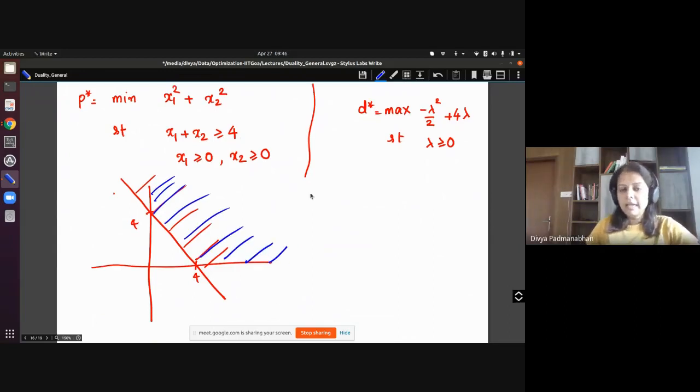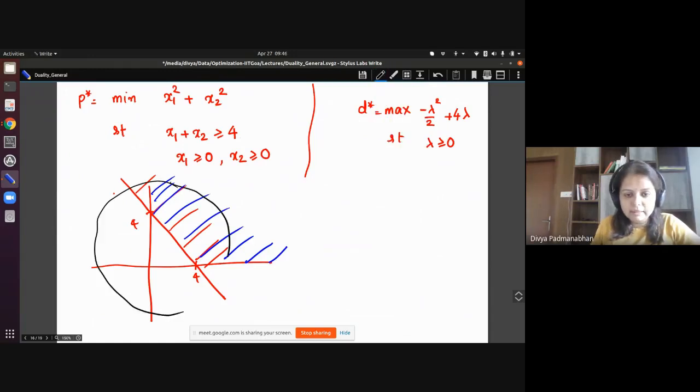Okay. And now the objective that we saw was x1 square plus x2 square that you're trying to minimize. This is the objective and you were trying to minimize. This is the contour of the objective and you try to minimize it. So a smaller circle means it's a smaller objective. And so finally the optimum is somewhere like